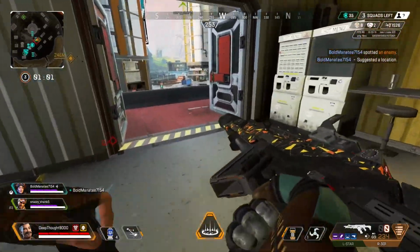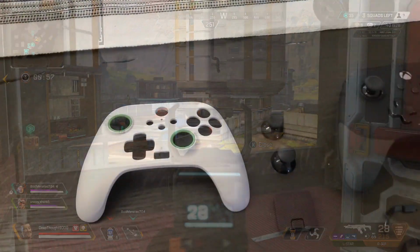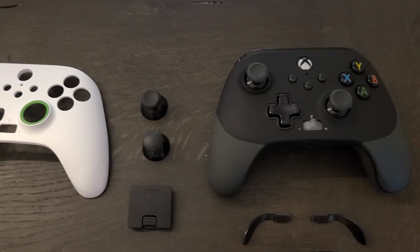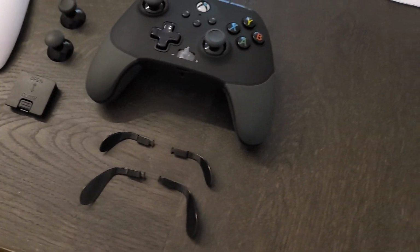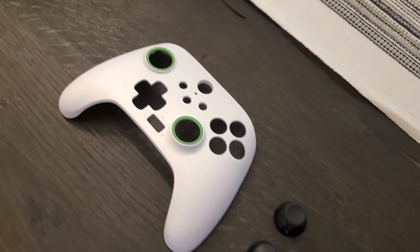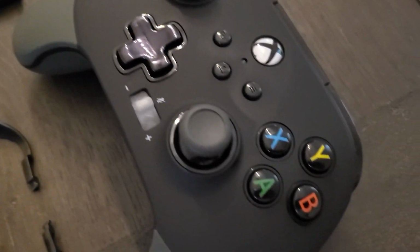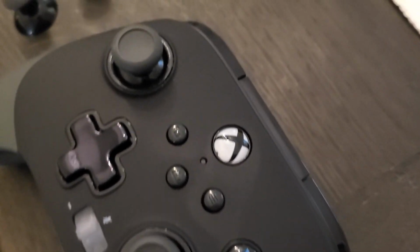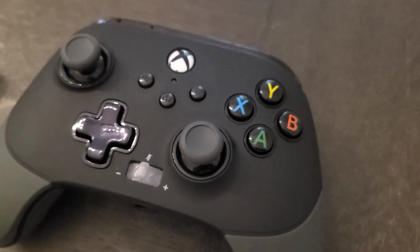The build quality is also very good. It has very little stick drift. I have my stick dead zone in Apex set to almost 0. Lastly, I want to discuss two small changes to this controller that I think would make it perhaps the most popular third-party controller for the Xbox given its low price point. This can be the go-to controller for games like Halo, Apex Legends, Fortnite, and Warzone if PowerA makes these two